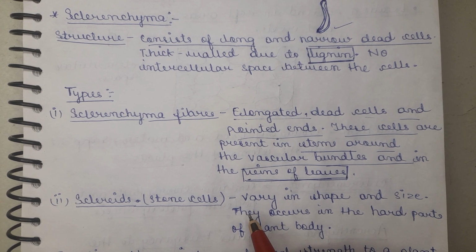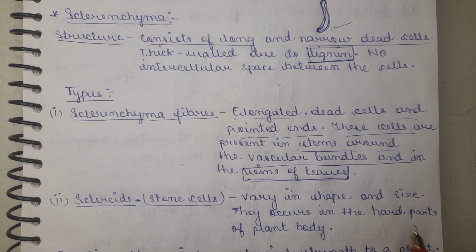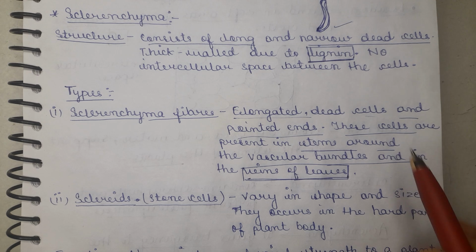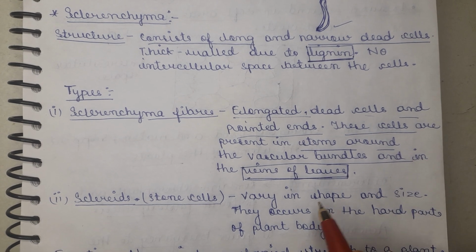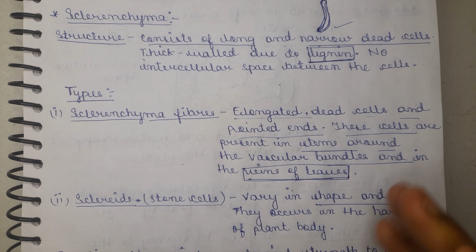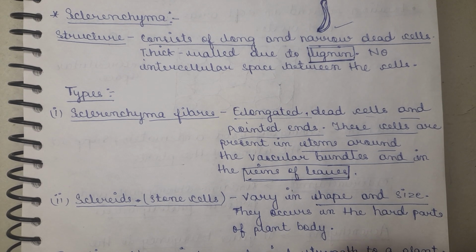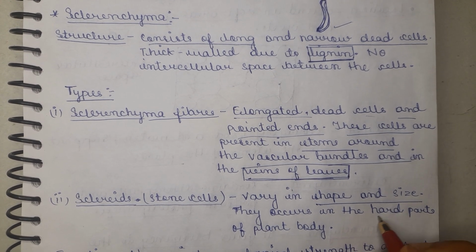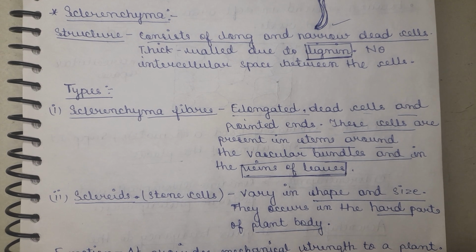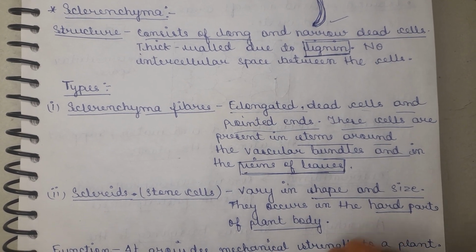They vary greatly in shape and size. The two or three differences between sclerenchyma fibers and sclereids are that they look the same, but the structure, shape and size differ. Another difference is that they mainly occur in the hard parts of the plant body, basically in the nut or the seed region. They occur in the hard body of the plant, such as the hard cover of the seed and the nut region. They are also found in